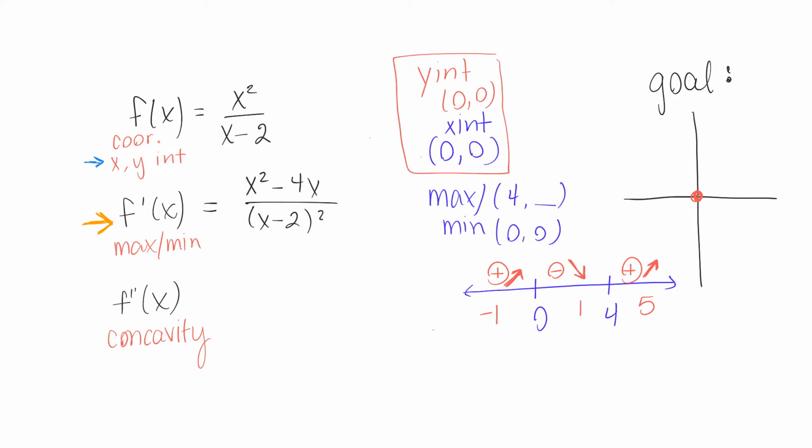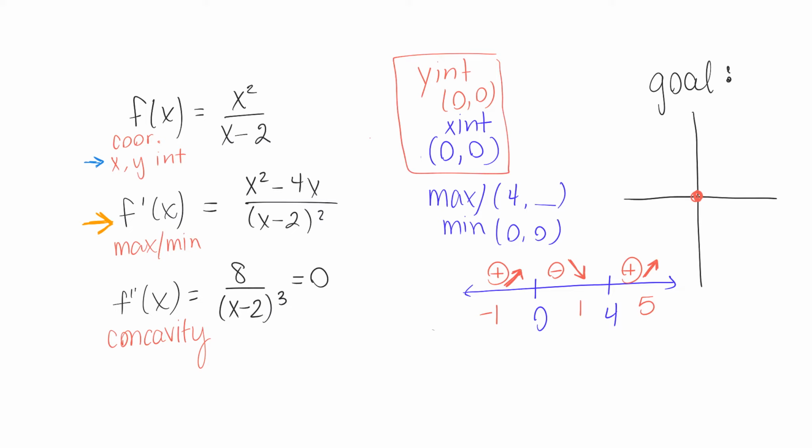tackle our second derivative. So go ahead, hit pause, find your second derivative if you would like. Okay, so our second derivative is, let's see, what's it going to be? Okay, I believe some fancy footwork is going to lead you to 8 over x minus 2 cubed, but you had to do a decent little bit of multiplying to get there. Okay, set that equal to 0. That's going to tell us our inflection points, right? Our second derivative gives us